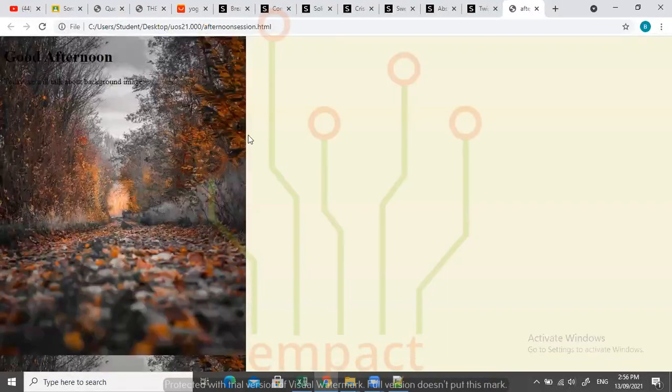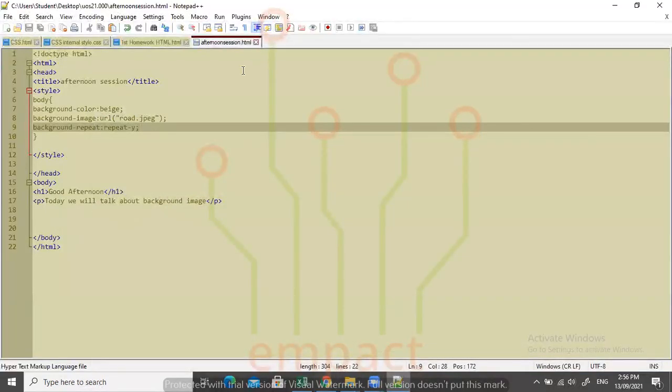Refresh. Okay, so now this time we don't have repeating like this horizontally. We only have repeating like this vertically. You see, this is one photo. When I finish, another photo will start. I hope that's clear. And if you don't want any repeating, you only want the photo one time, you will